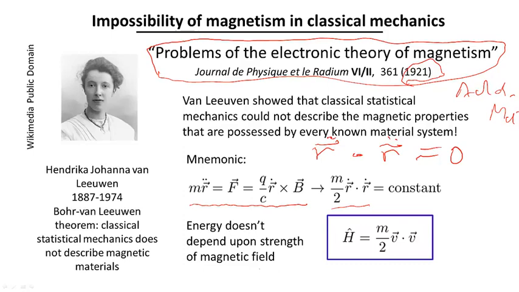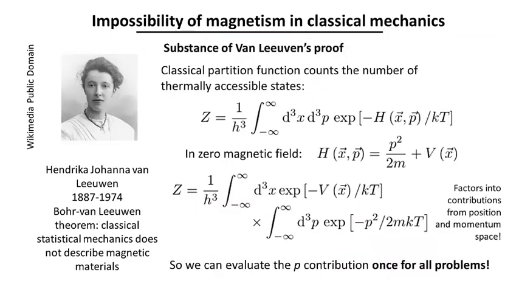So actually we derived this in the previous section. Basically, the energy looks rather like just the classical kinetic energy when you use the velocity rather than the momentum. Now, to take this a bit further, this page and the next one outline the essence of van Leeuwen's proof. The arguments are actually quite straightforward once you have the underlying architecture in place.